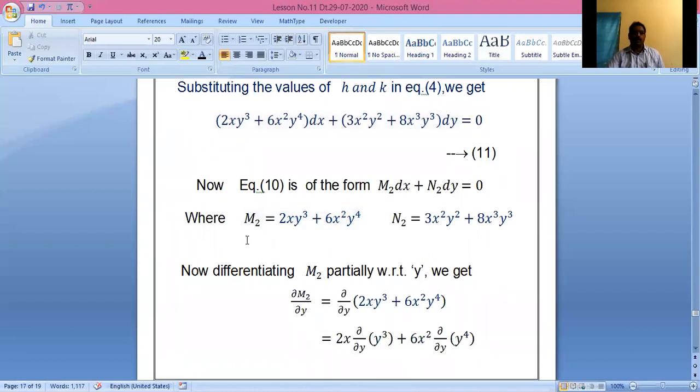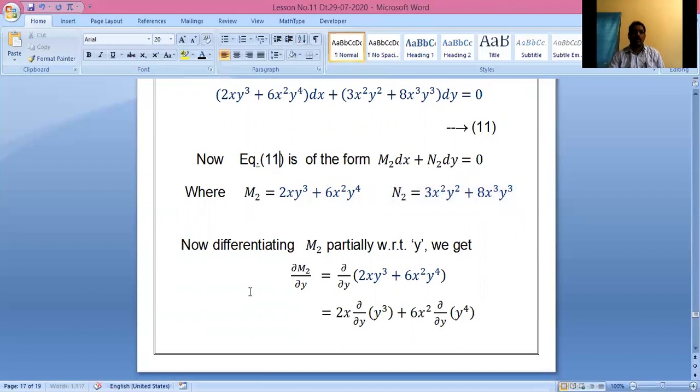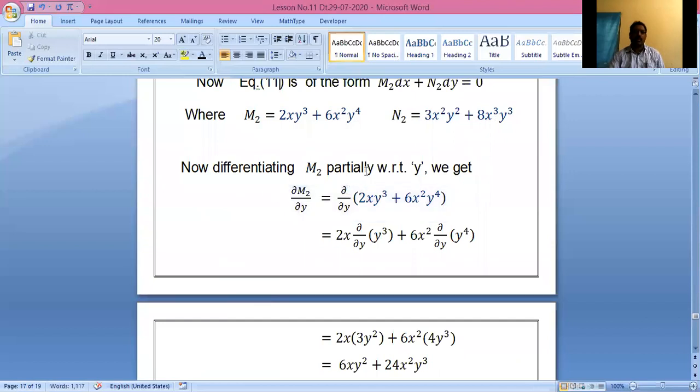Now equation 11 is of the form M2 dx plus N2 dy is equal to 0, where M2 is equal to 2xy cube plus 6x square y to the power of 4, N2 is equal to 3x square y square plus 8x cube y cube. Now differentiating M2 partially with respect to y, we get dou M2 by dou y is equal to